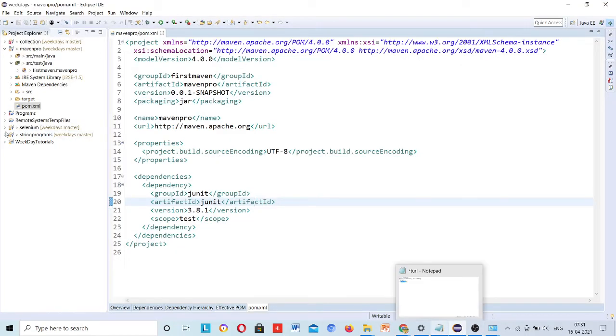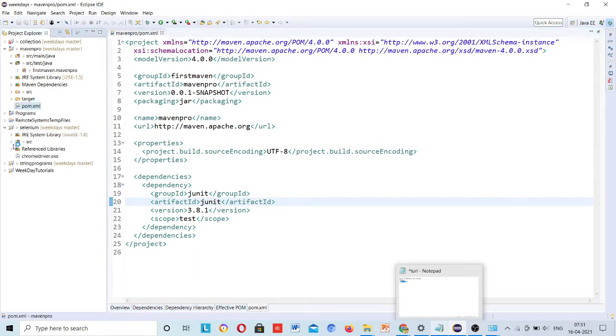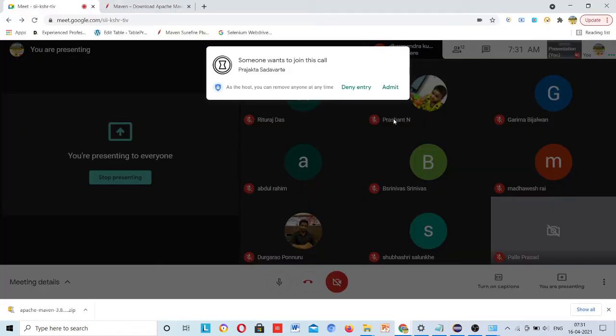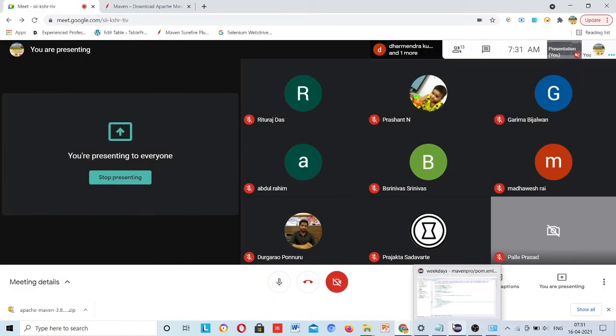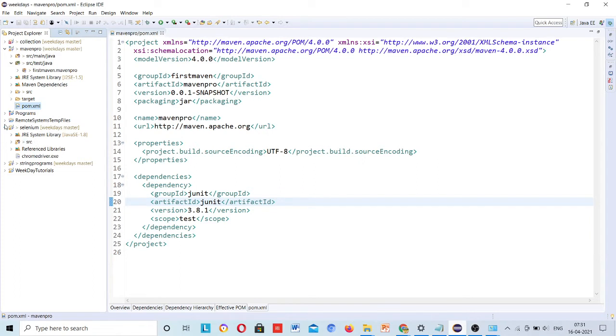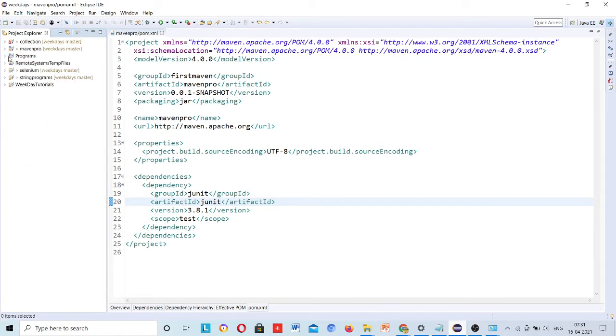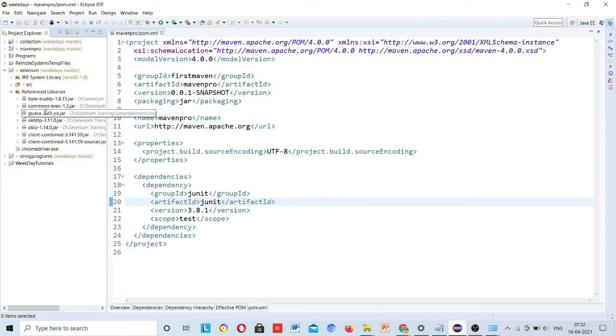Like here, if I show you any project, reference libraries, these Selenium jars we have added.